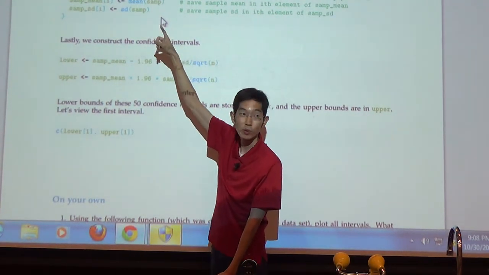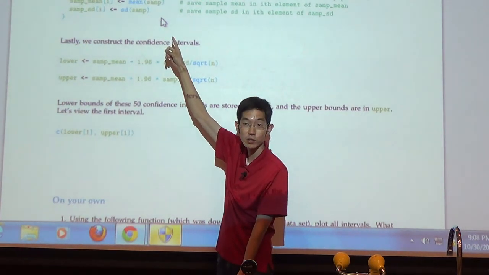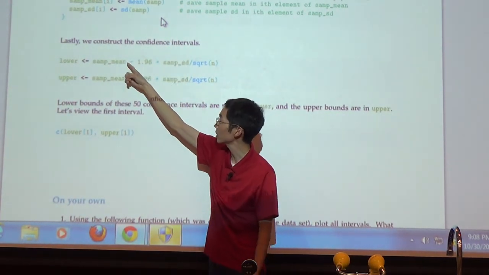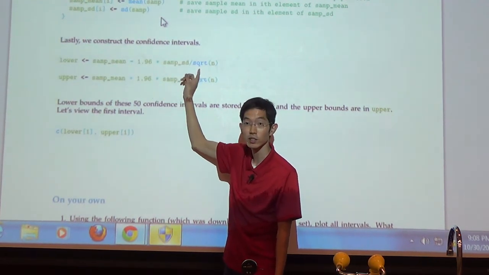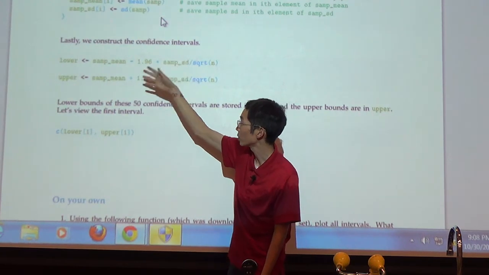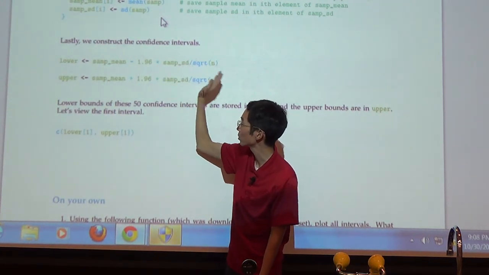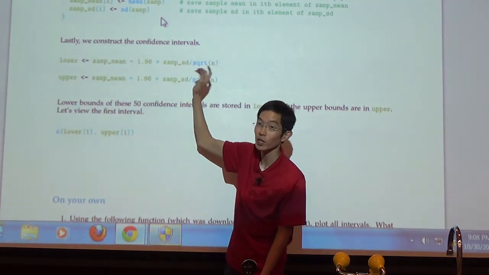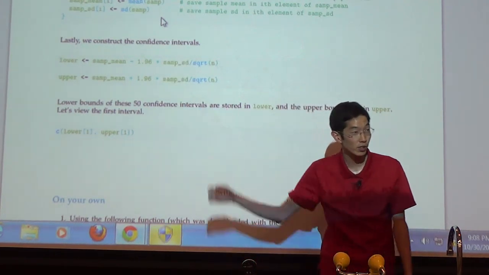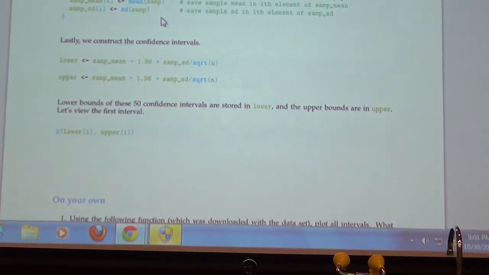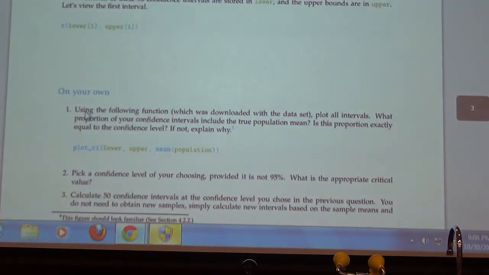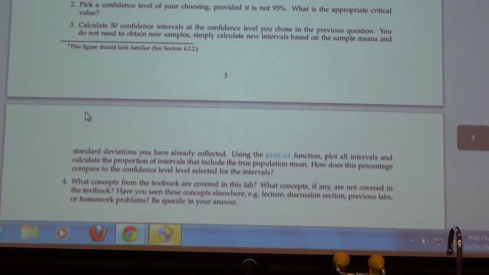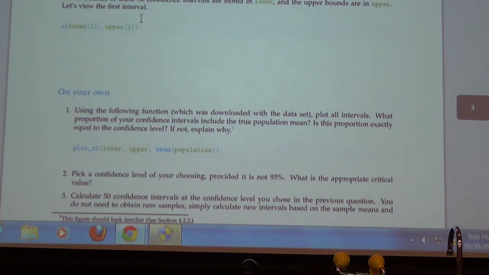Because in this loop, we're taking 50 different samples, and we're recording each of those sample means and each of those standard deviations in this vector right here. Okay? So we can apply a formula to all 50 numbers all at once. So that's one of the good parts of R. Okay? And this creates confidence intervals for each one. Okay? And so if we plot these,